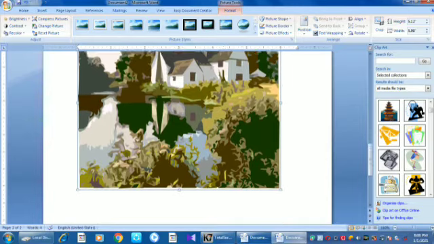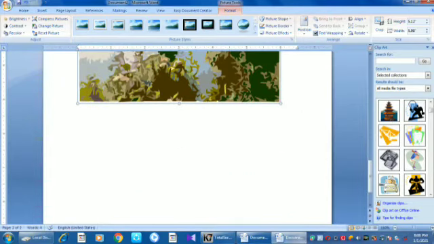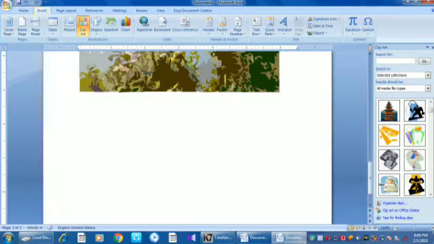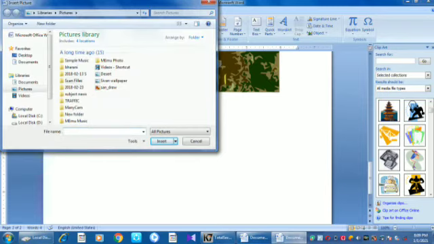Suppose we want to add pictures means take the new page. Go to the new page. Insert tab. Here picture button available. Then click the picture button. We can choose any picture from here.